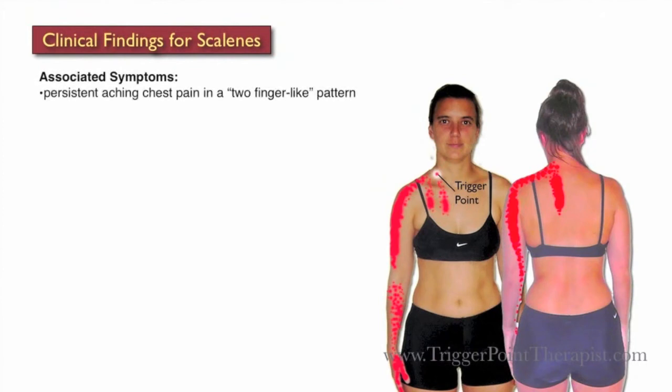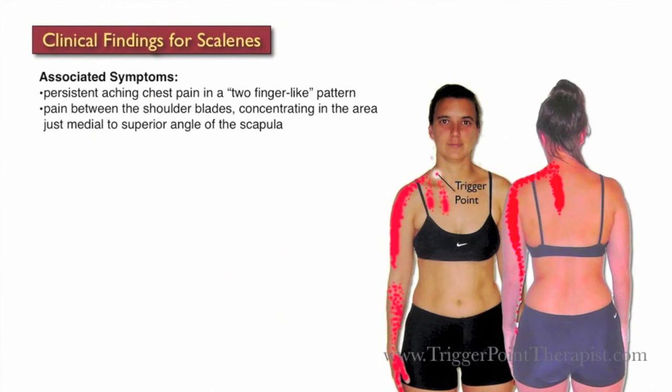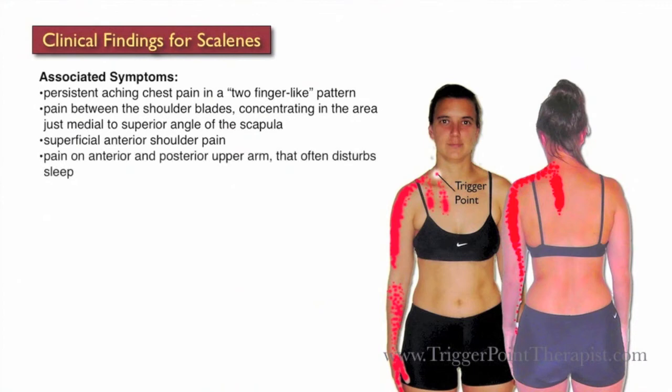Symptoms associated with trigger points in the scalene muscles include persistent aching chest pain in a 2-finger-like pattern, pain between the shoulder blades that concentrates in the area just medial to the superior angle of the scapula, superficial anterior shoulder pain, pain on the anterior and posterior part of the upper arm that often disturbs their sleep,